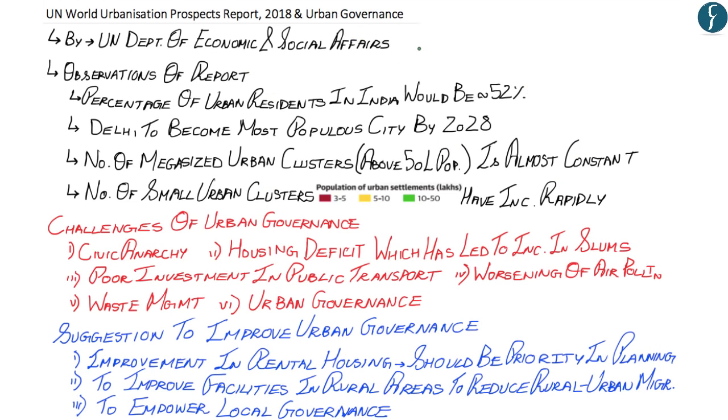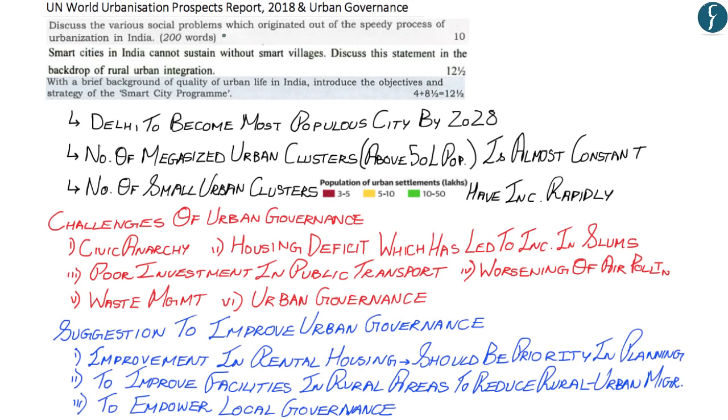Now previously, several questions on urbanization have been asked in your UPSC mains examination, wherein the first question was asked in the UPSC mains examination of 2013. The second question was asked in GS paper 1 in the year 2015. And the third question was also asked in GS paper 1 in the year 2016, wherein questions on cities, urban governance, urbanization have been continuously asked